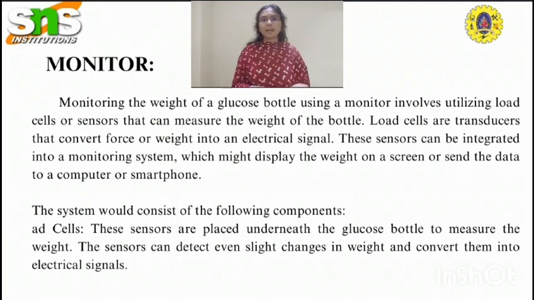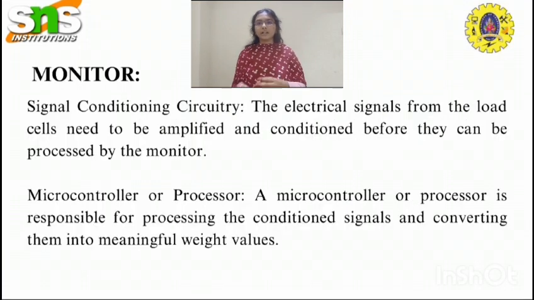The sensors are placed underneath the glucose bottle to measure the weight. The sensors can detect even slight changes in weight and convert them into electrical signals. The monitor has two types: signal conditioning circuitry and a microcontroller or processor. Signal conditioning circuitry: the electrical signals from the load cells need to be amplified and conditioned before they can be processed by the monitor. Microcontroller processor: a microcontroller processor is responsible